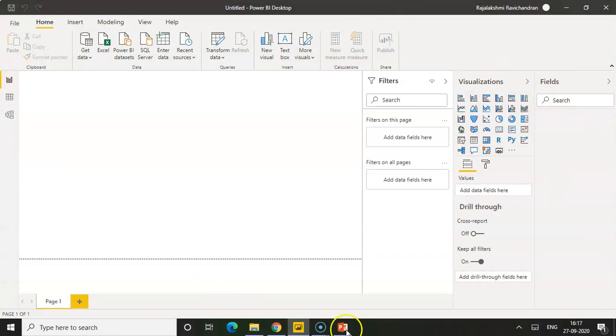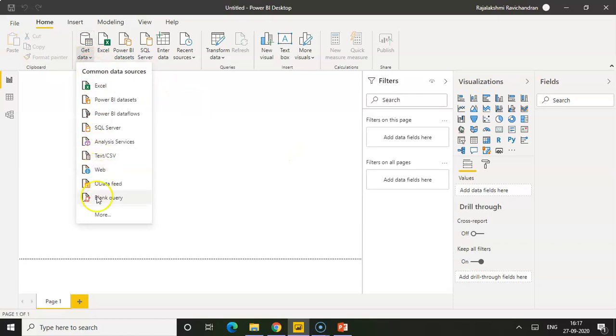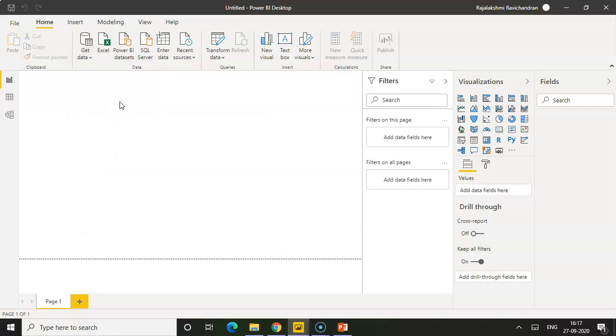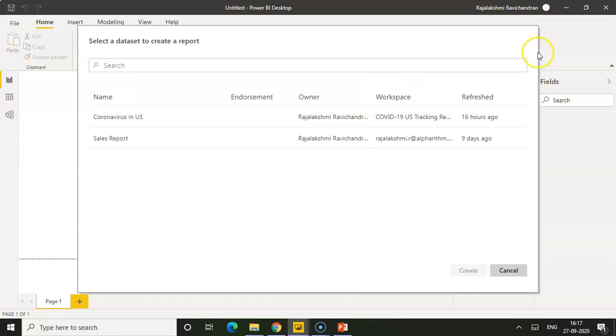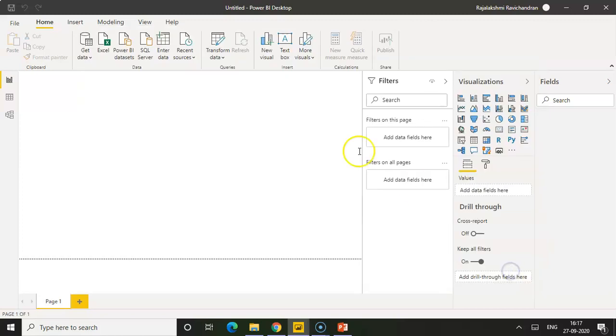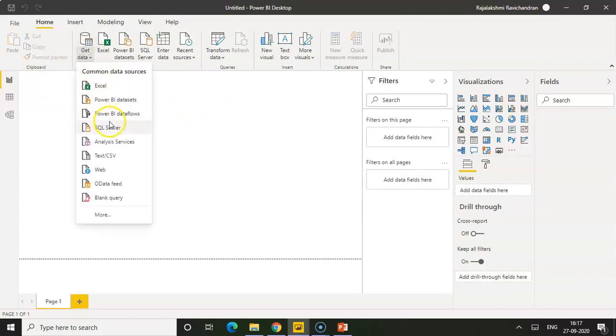So this is the interface of Power BI Desktop. Here you have options to connect with various data sources. You can connect to Excel or Power BI datasets. Power BI datasets is the data which is actually published into the Power BI service, or you can connect to Power BI dataflows. I will explain what a Power BI dataflow is later. You can directly connect to SQL Server, Analysis Services, CSV file. These are in the recents. If you go to More,